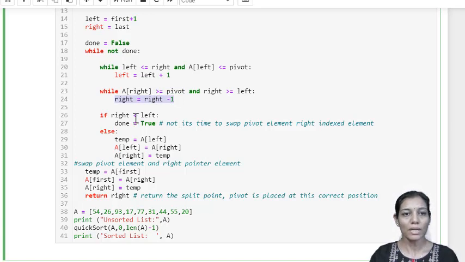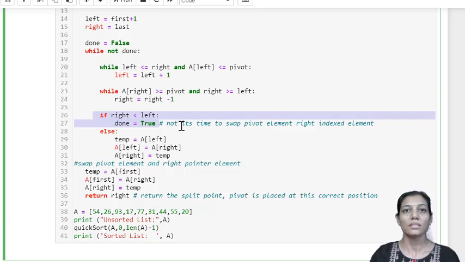But before swapping, we need to check that right should be greater than left. As soon as right becomes lesser than left, we can't continue incrementing the left pointer and decrementing the right pointer. At this particular point, it is giving us an indication that it's time to swap between pivot and right.